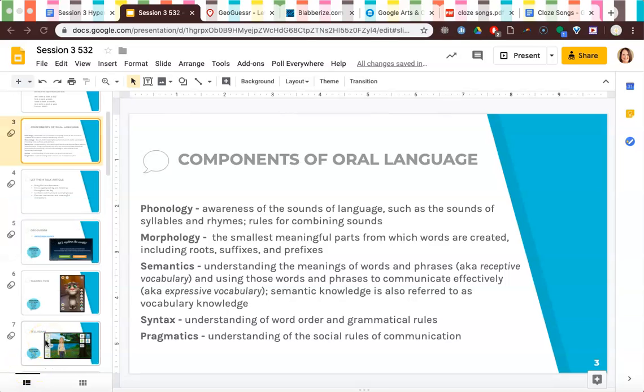When we look at these technology tools and strategies to support oral language with ELs, there's going to be a little speech bubble in the slide that prompts us to think about how is this tool or strategy strengthening phonology? How is it strengthening morphology, semantics, syntax, and pragmatics? One strategy or tool may not address all 5 areas, and that's okay, but we need to think about the